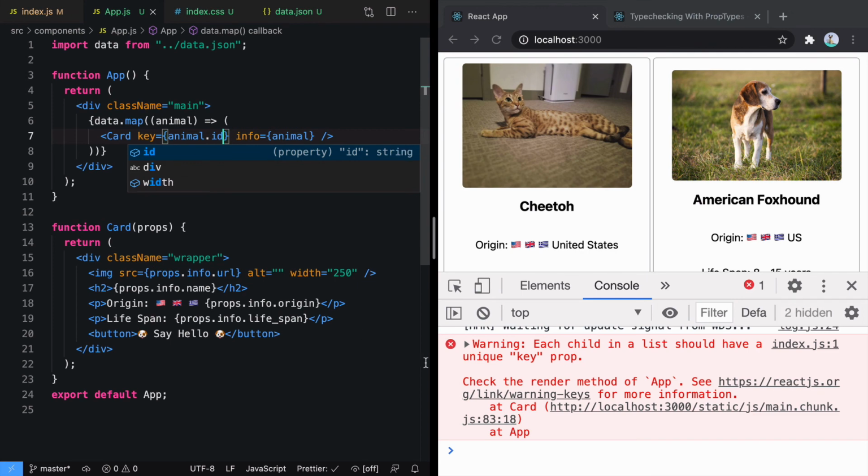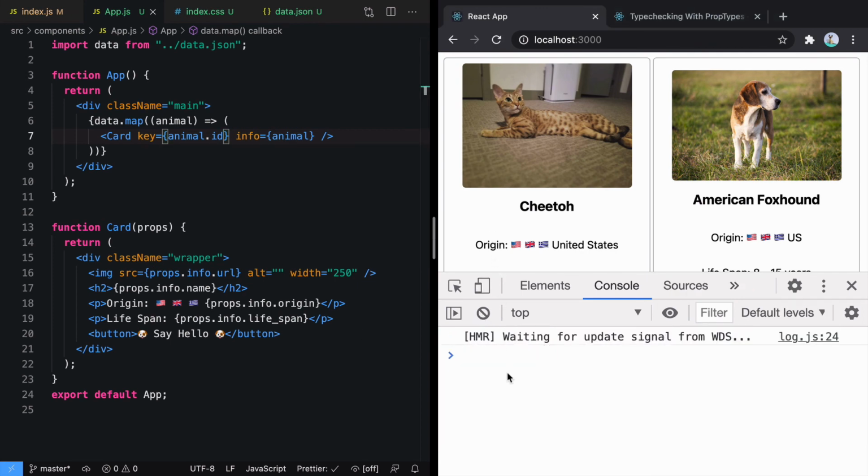When you save this, now refresh this app, and what happens, the error from here is gone. So whenever you're using map over a list of data, always try to pass a key prop, and the value of key prop would be unique for each card. That helps React track each different card so they can optimize those things.